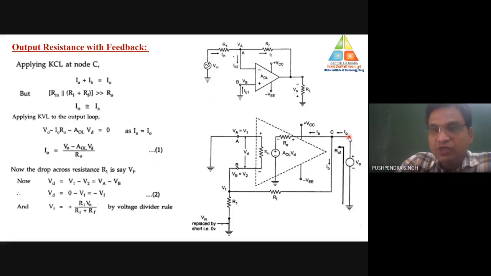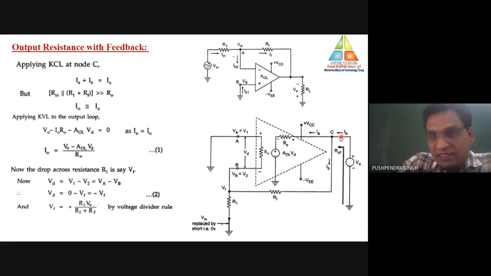Current drawn by this voltage source is I0 at this particular terminal. So before that, the value of the voltage source is V0, and the value of current is I0. Now at this particular node, there are two paths where the current can flow. One path is that the output current can flow into the input terminal of the op-amp internally, or the output current can flow across the feedback element.